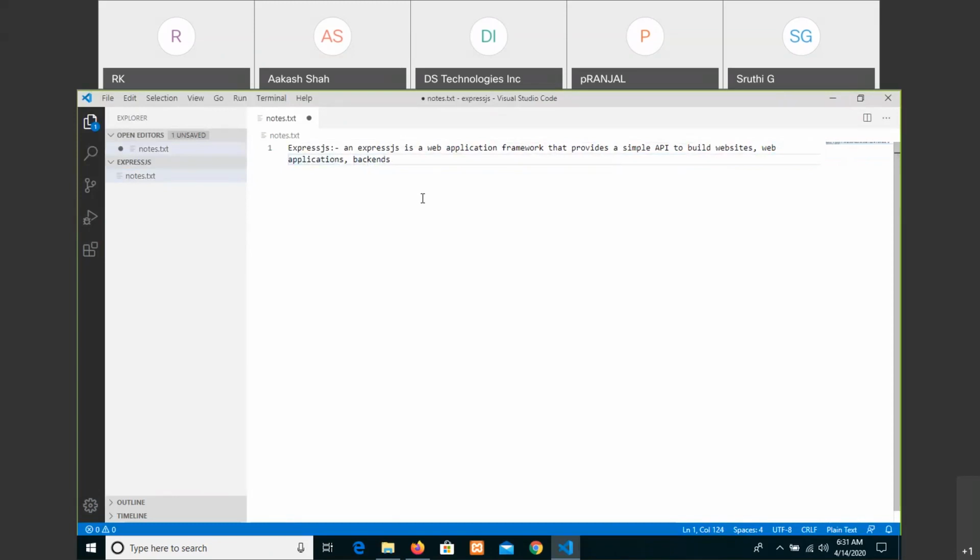And we can also say it is a minimal interface to build our applications.